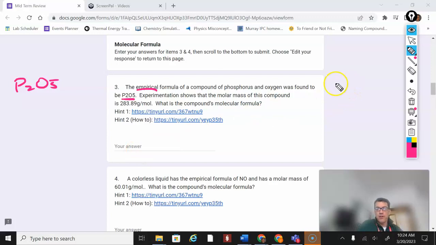All right, and we're trying to find out what is the molecular formula, which would be a P and an O. And again, these numbers are going to be in multiples of 2 and 5. So it's going to be 2 and 5, it could be 4 and 10, it could be 6 and 15. It says experimentation shows that the molar mass of the compound is